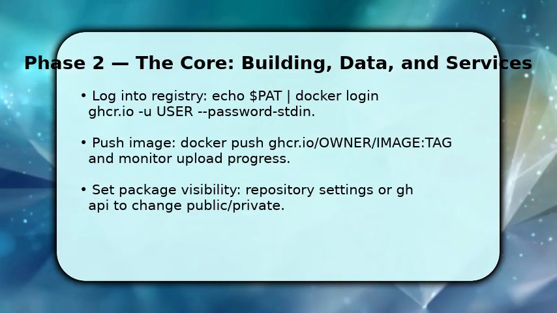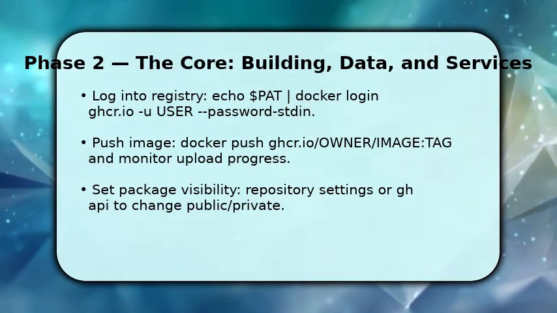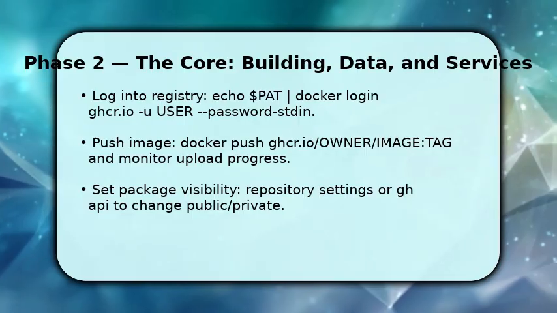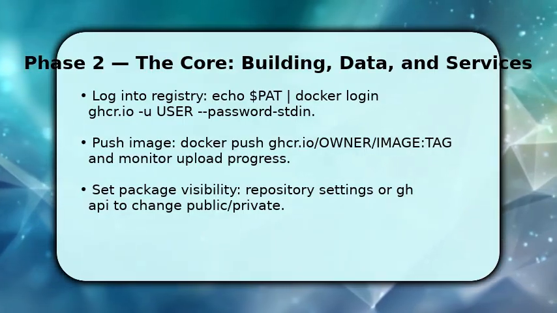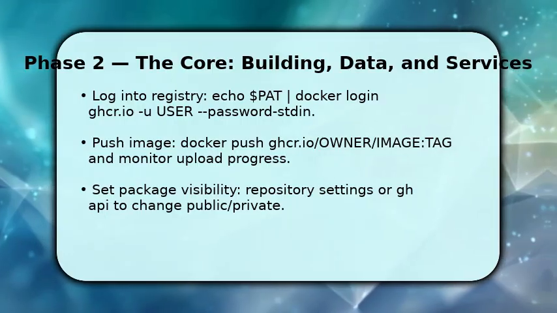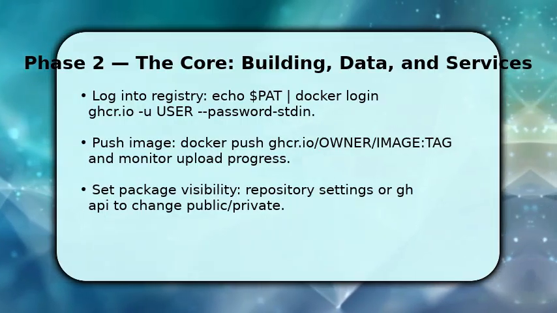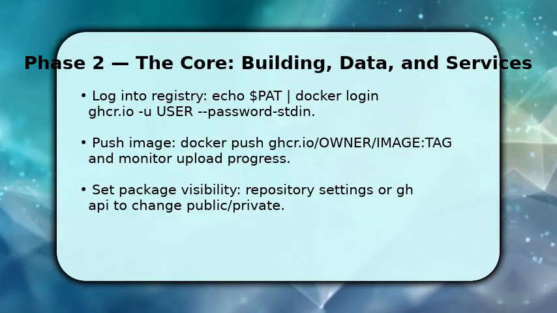You now push and control visibility. First, log in using docker login with your PAT piped in. This prevents prompts and preserves automation. Once authenticated, push the tagged image with docker push ghcr.io/owner/image:tag